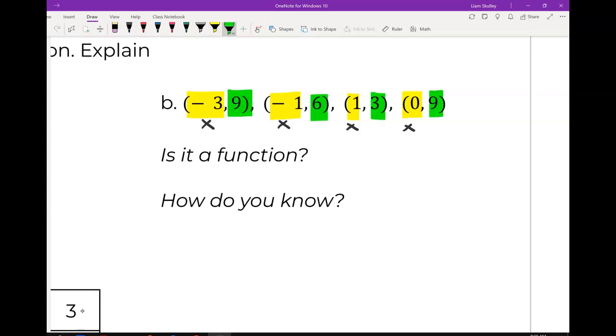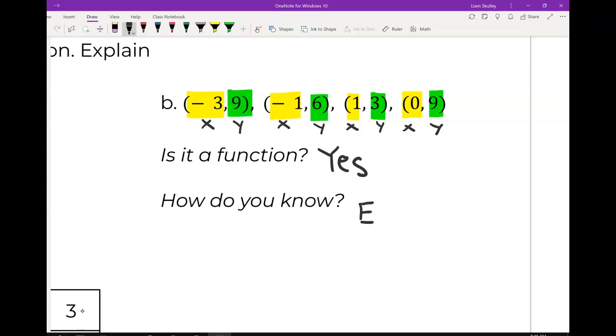Going through our y values. Remember, inputs, outputs. What makes this section tough is there's a lot of words we can use interchangeably, so I'm going to try to use as many of them as I can and keep using them. So again, think of a vending machine. If we hit -3, we're going to get out 9. There's no other -3 as an input. -1, we're only going to get out a 6. None of these other pairs show that I get anything else out when I plug in a -1. So I know, yes, this is a function